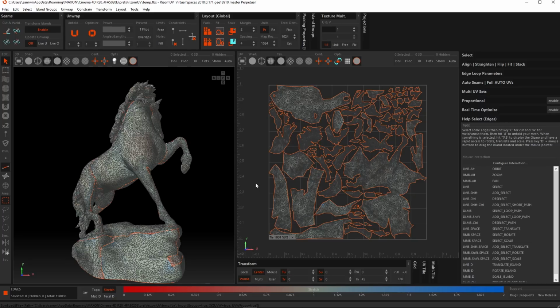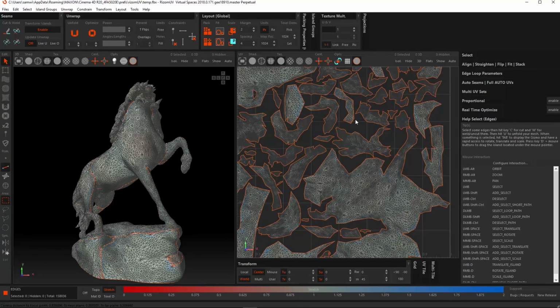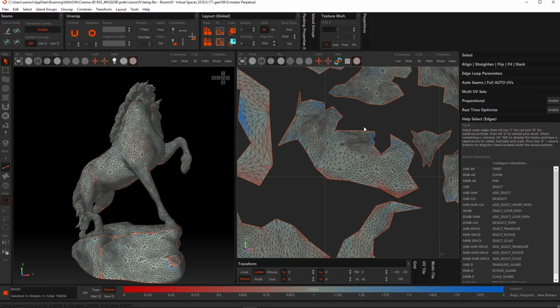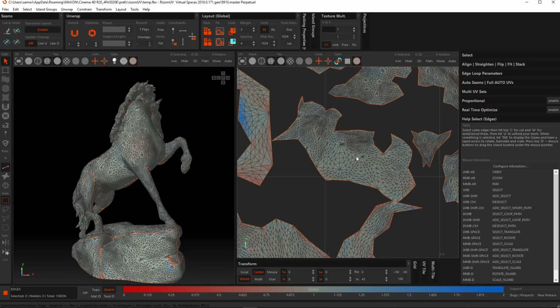So to demonstrate, I'm going to zoom into an island. And with our slider with a bias towards lengths, I'm going to hover over my island and press the O key. Do that a couple of times. As you can see, the length of the edges are being conserved at the expense of the angles between them. This is useful if you want to reduce stretching, but I'm not too worried about the shape of the UV island. Let's undo this